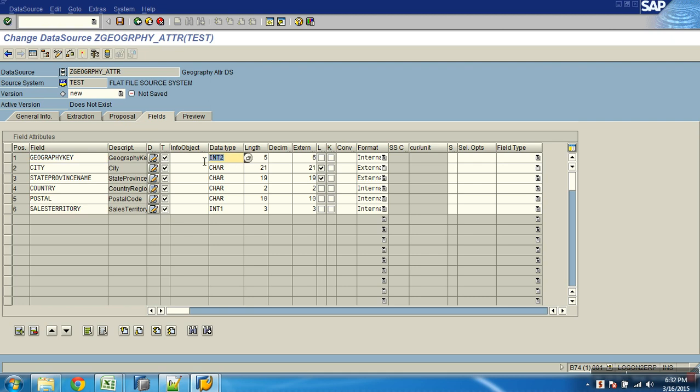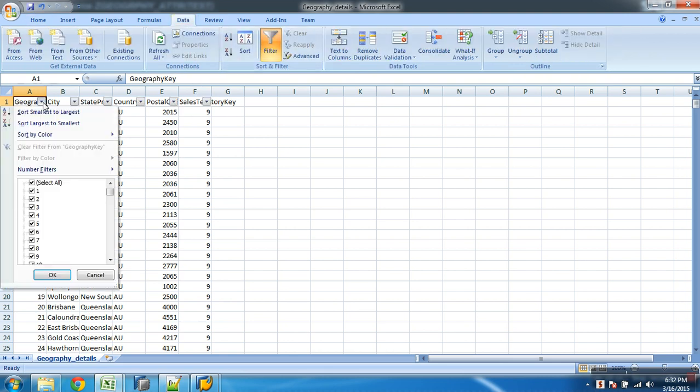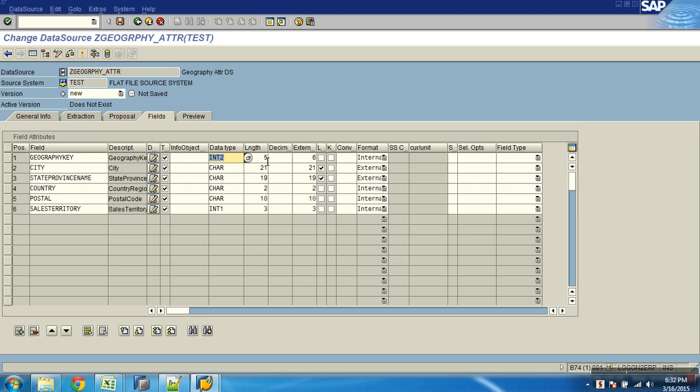What is this? Data type. How? Based on the values it is proposing it first. Okay, so if I go to my file and look at the data filter, it's all numbers. What is the max length? 3, right? If you see what it proposes, it is taking length 6. I don't really need 6.